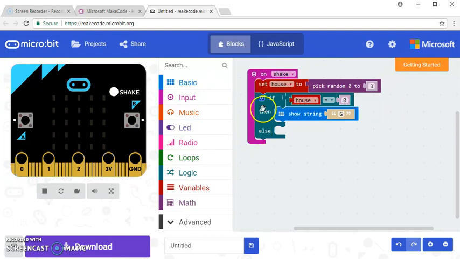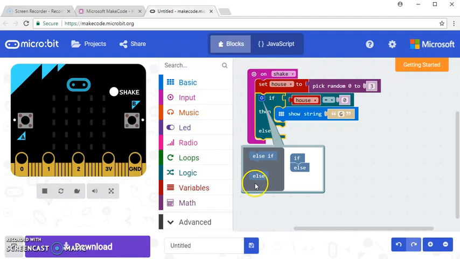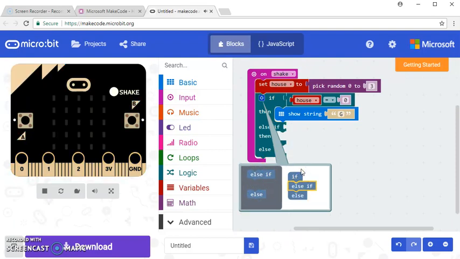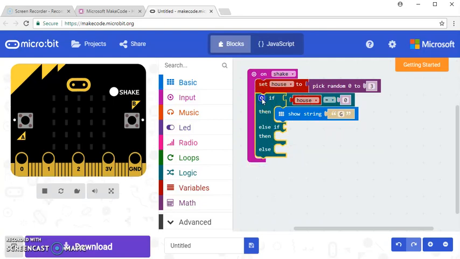Else, now if I go back in here again into the settings, I can do an else if, so I'm just going to put that in there. So now I can check for another if, so this is known as a nested if. So I'm checking if the house is equal to 0, then I show string G. Else if, and I can just duplicate this block here, so this time I want to check if house is equal to